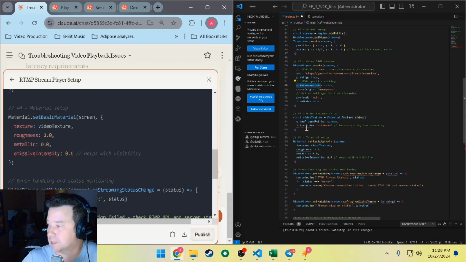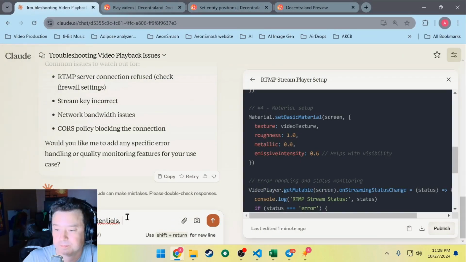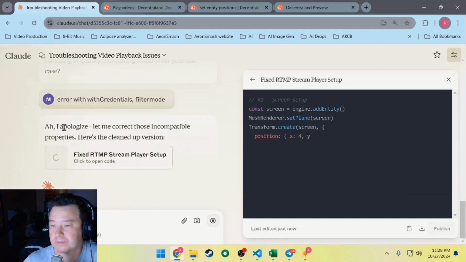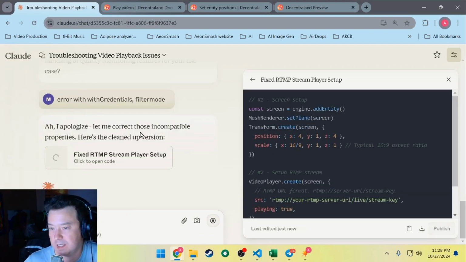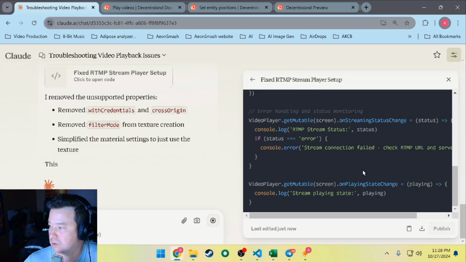Oh, I need full screen on that. Filter mode roughness. And so yeah, you would basically just type in like error with these things. And so, you know, oftentimes what it'll do is have incompatible